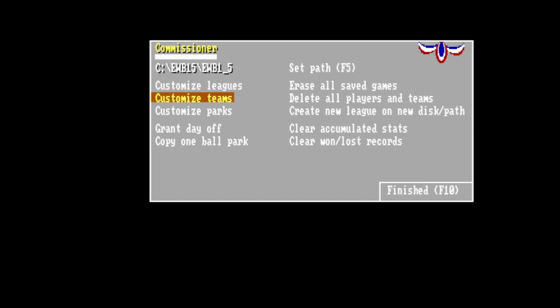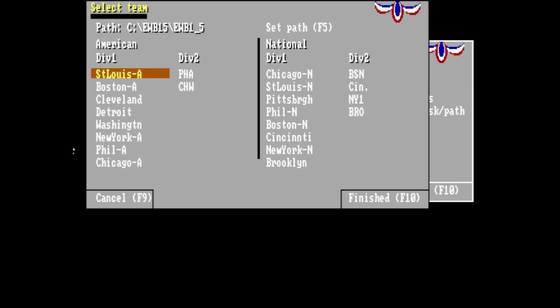Okay, so I've moved all the players to the new teams that I created in the correct division. So my next step is to delete the teams that are empty now. Let's go in here, customize teams. All right, so the teams with the 3 initials are the ones that I'm going to want to get rid